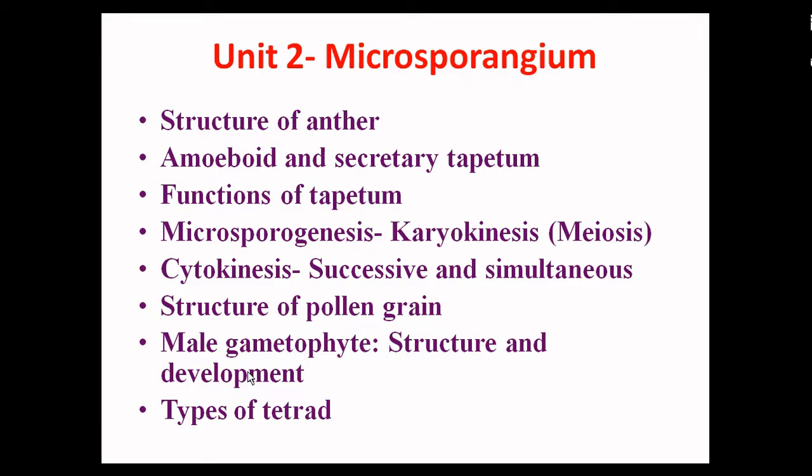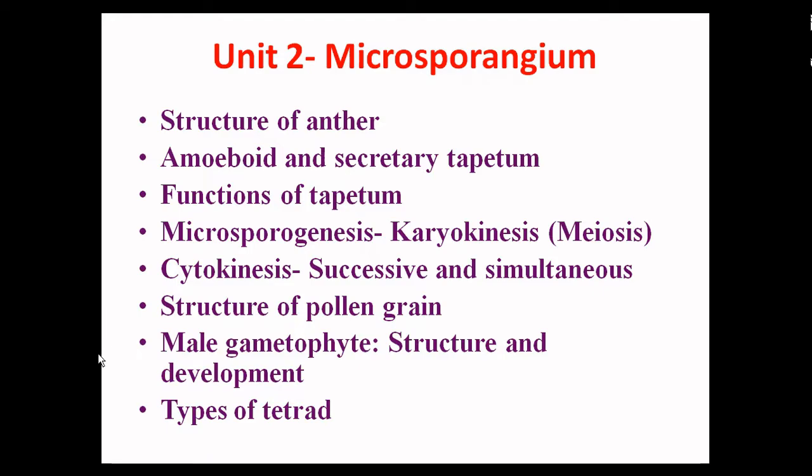The generative cell is a smaller, vermiform cell found in the pollen grain. The nucleus of this generative cell divides mitotically to form the two male gametes inside the pollen tube.